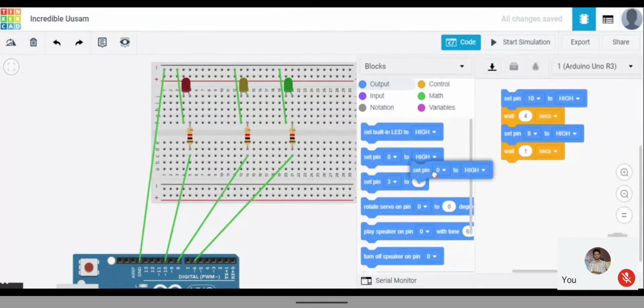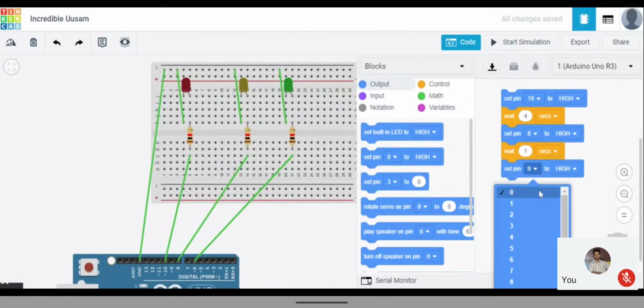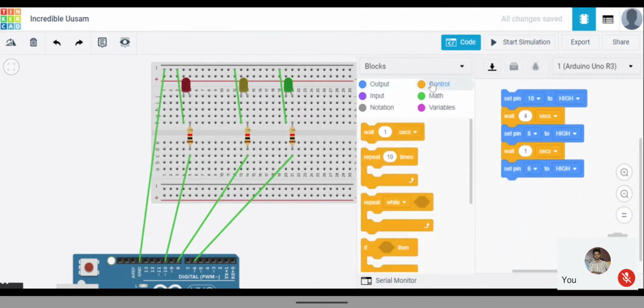That is pin number 6. Okay, the same height. How much time does it have to work? The green light has to be 1 second. I'll just give 2 or 3 seconds. 2 or 3 seconds only, but you can think this one has 4 minutes, 1 minute, and 2 minutes. Okay, you have to see it quickly. That's why I'm giving only 1 or 2 or 3 seconds.